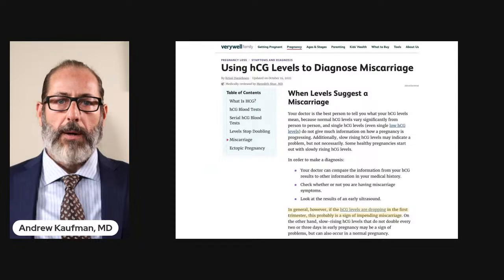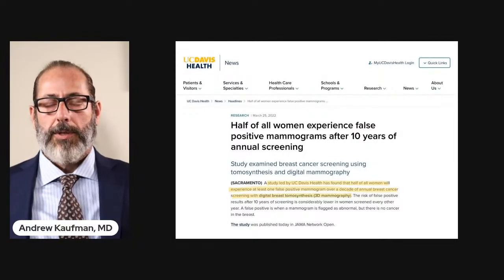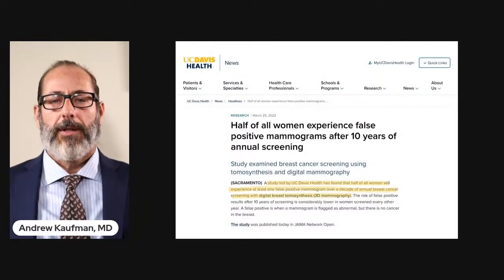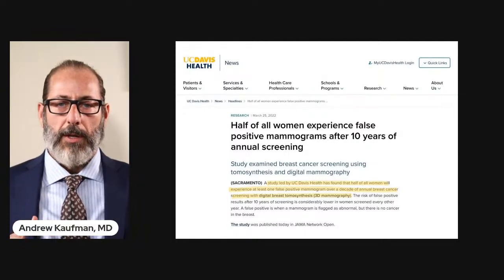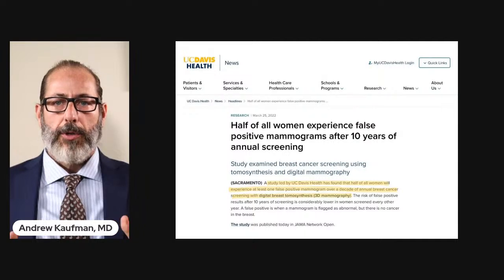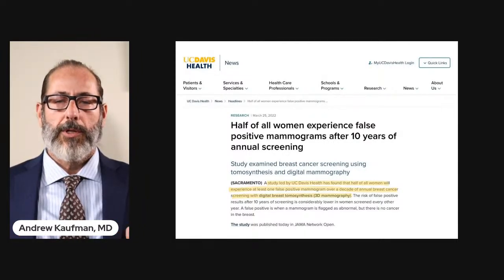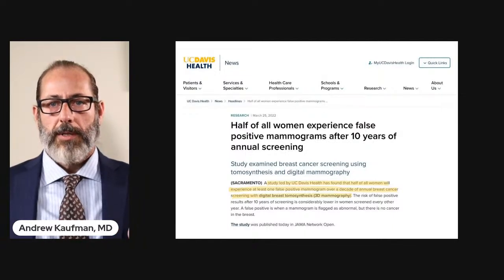So let me bring up one more example involving women's health, and this is related to breast cancer screening. Now, when I was in my surgical rotation in medical school is when I first noticed this, because the experience that medical students have in the surgery rotation is once they finish with their duties on the wards, they get to go to the OR and hopefully scrub in on a surgical case, which is the most exciting thing, that you can watch the surgery and maybe even assist on it.